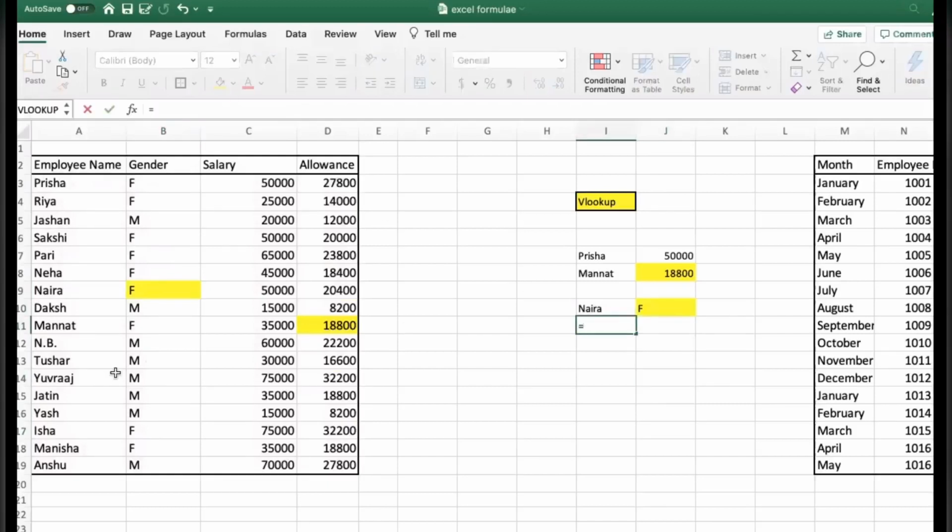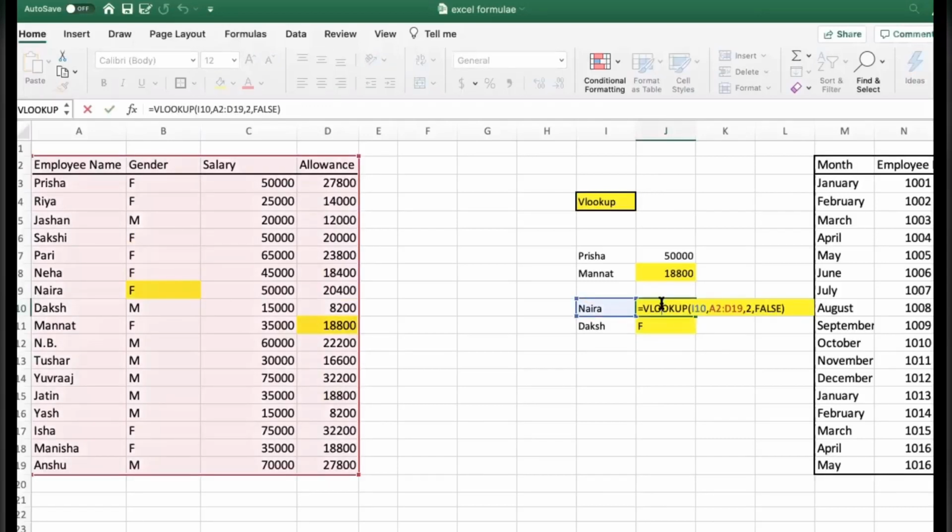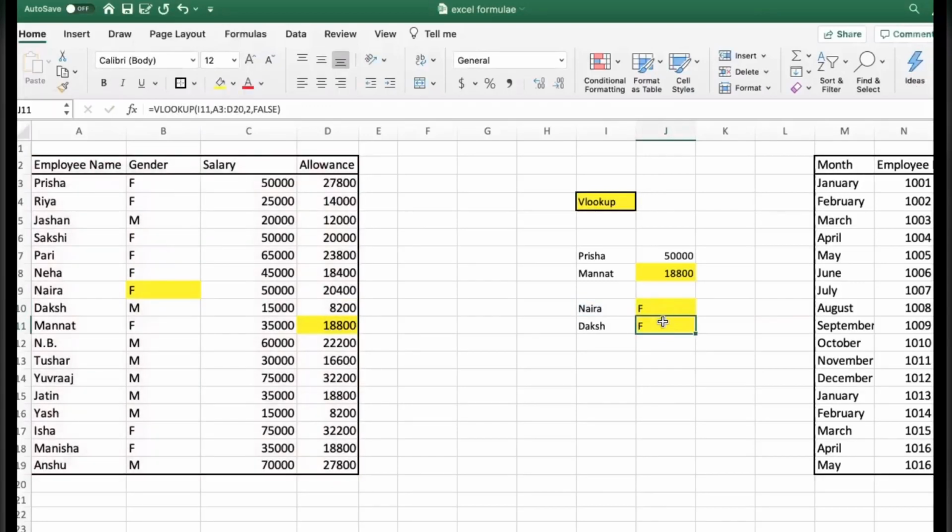So the next one is Daksh. So if I select Daksh and I want to get the same information, so you can see here Daksh, but it's showing female. Sometimes what we do, we just drag the formula. Drag the formula means the same formula I applied over here came here automatically.